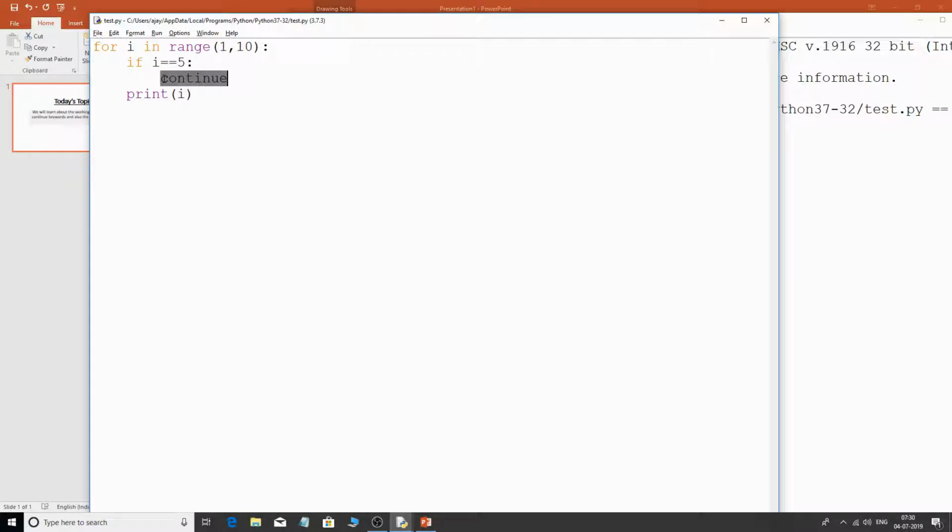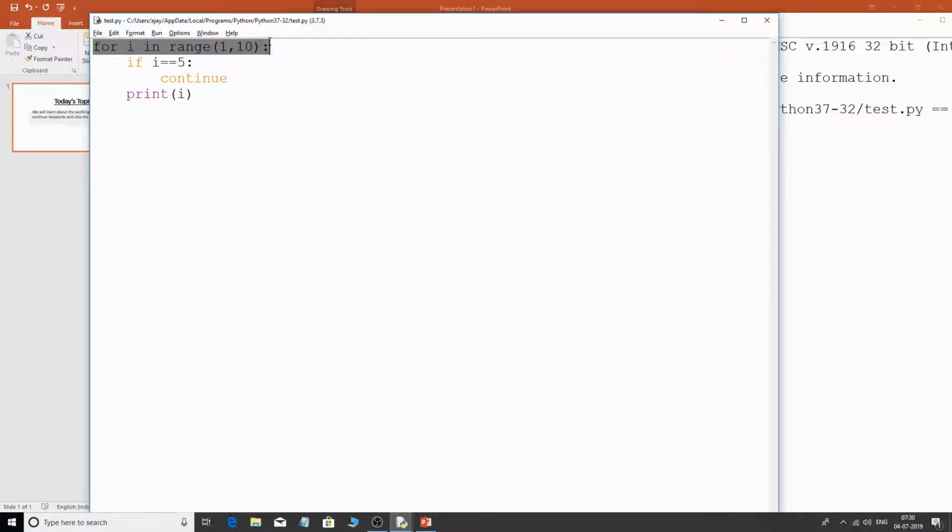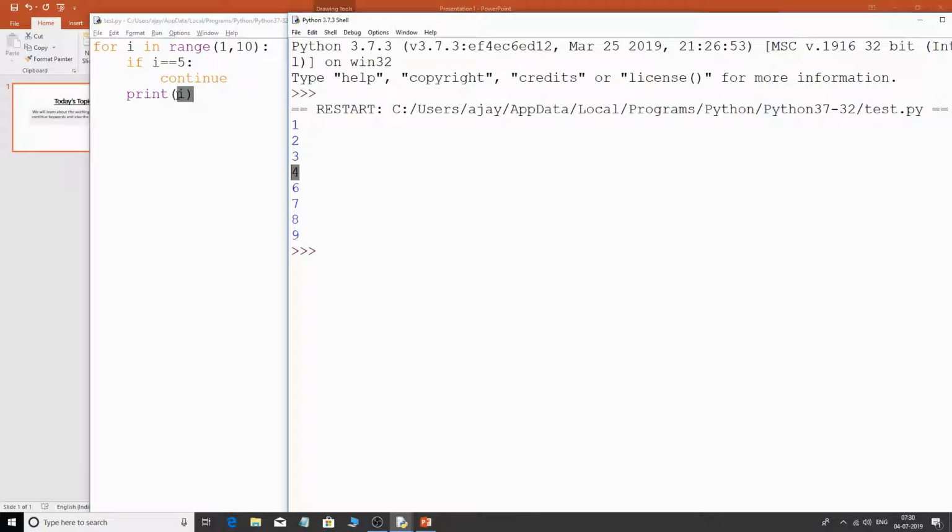So over here what happened is, we went back from here to the for loop. The controller went back to the for loop and i received the value 6, and then this condition did not get satisfied again, and so it printed 6, 7, 8 and 9. So this is how